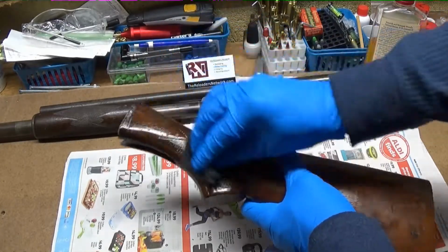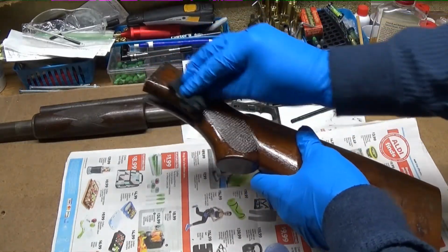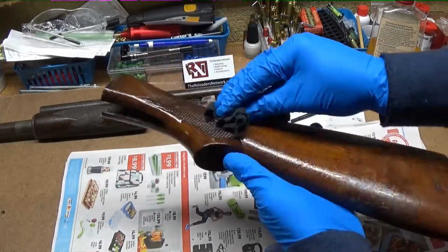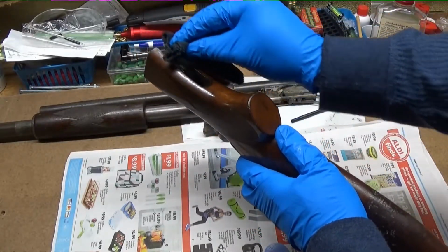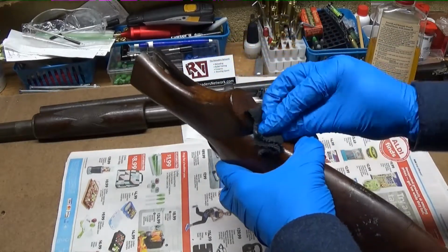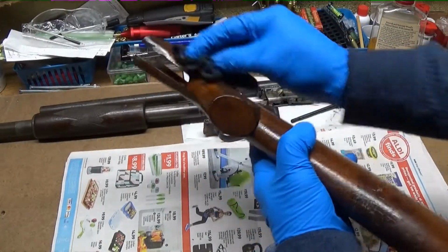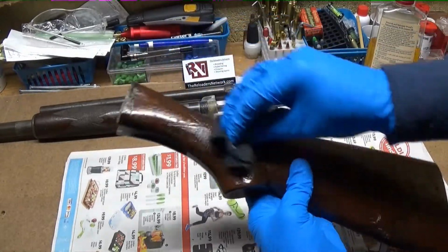They didn't need to be sanded. They didn't need to be prepped and pretty much all the quote-unquote patina taken off of them. All they needed was a good cleaning with lemon oil. And I've seen it, and this stock right now,